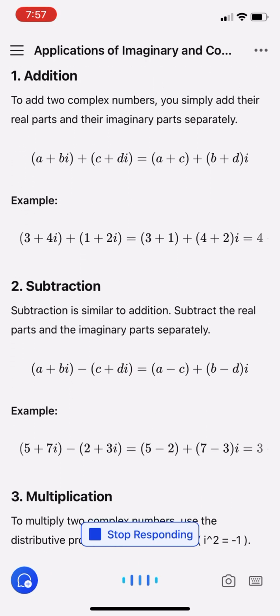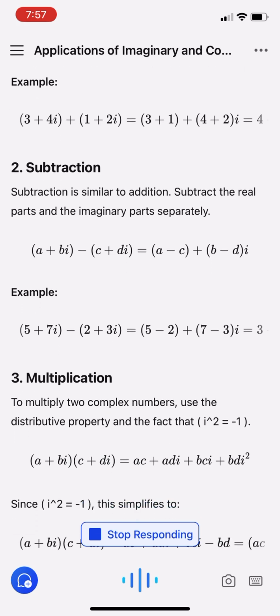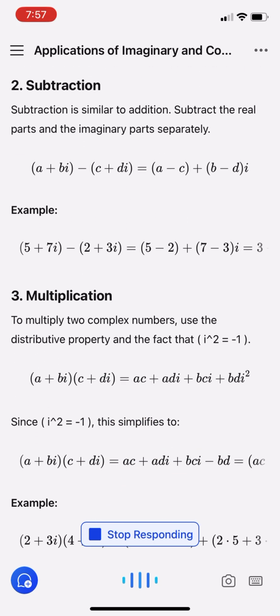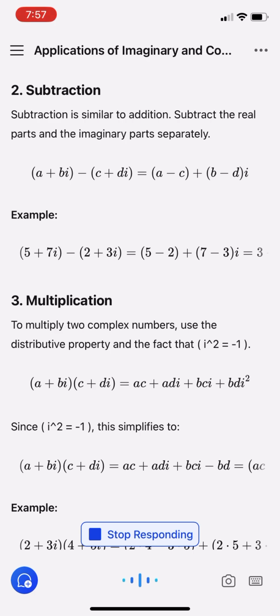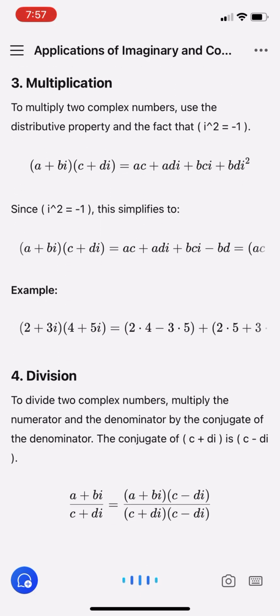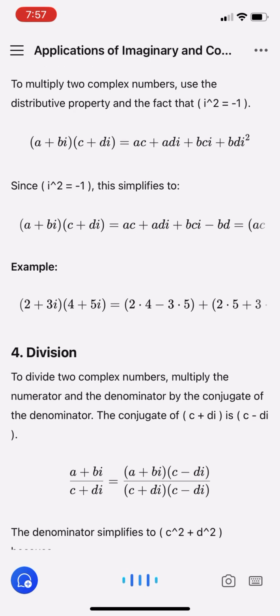Example. 2. Subtraction. Subtraction is similar to addition. Subtract the real parts and the imaginary parts separately. Example. 3. Multiplication. To multiply two complex numbers, use the distributive property and the fact that i squared equals -1. Since i squared equals -1, this simplifies to